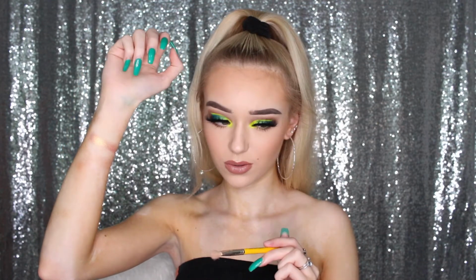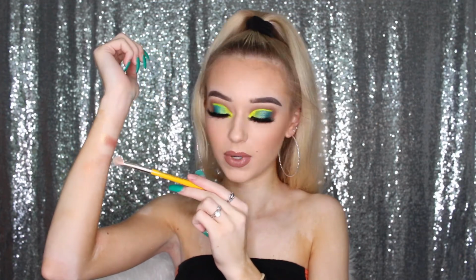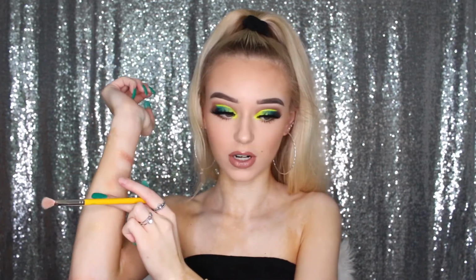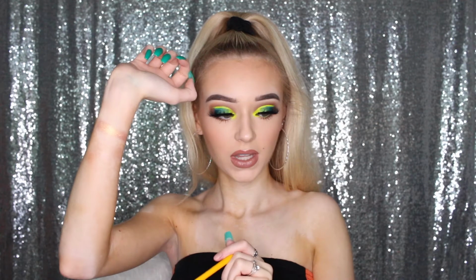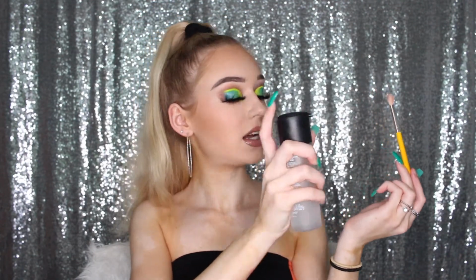Okay, that is literally so pretty. I still don't think it's an icy pink. I think it's purple. I don't think you could really see it that much on camera. It's right here. I know you can see it a little bit. Also, don't mind that swatch. I forgot to rub that half off, but I think it still looks like purple so far. So we'll see. Now we're gonna take a little bit with Fix Plus,